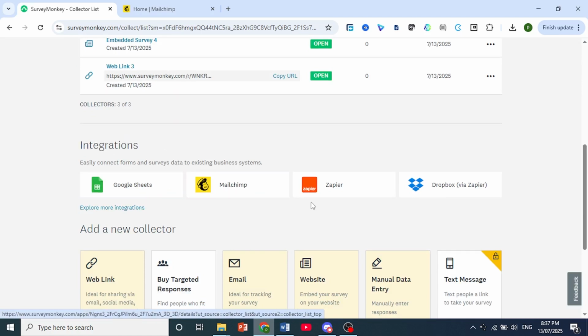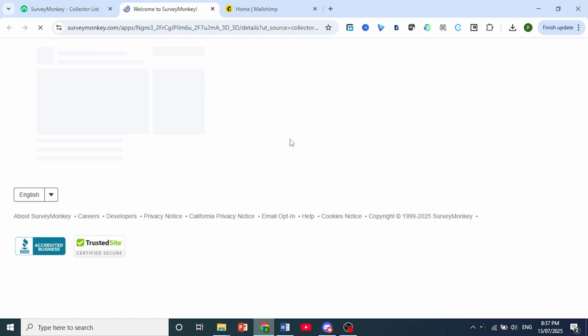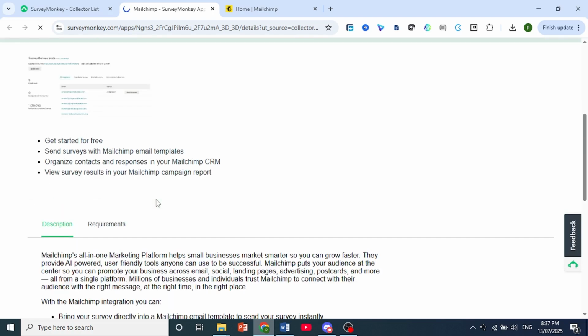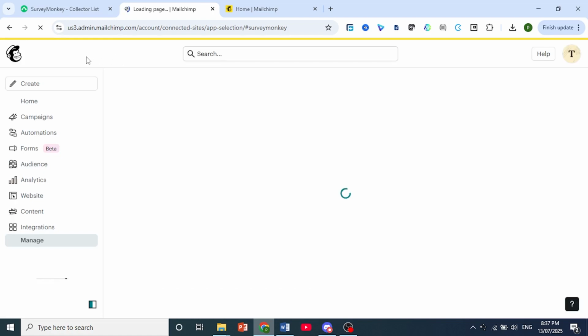If you don't see it right here among the top, you can click on explore more integrations, but you should see it one of the first ones. So once we click on that, I just want you to come here to this page and then click on install. Okay, so we're installing this app, which is Mailchimp, into SurveyMonkey, and then this will redirect us to